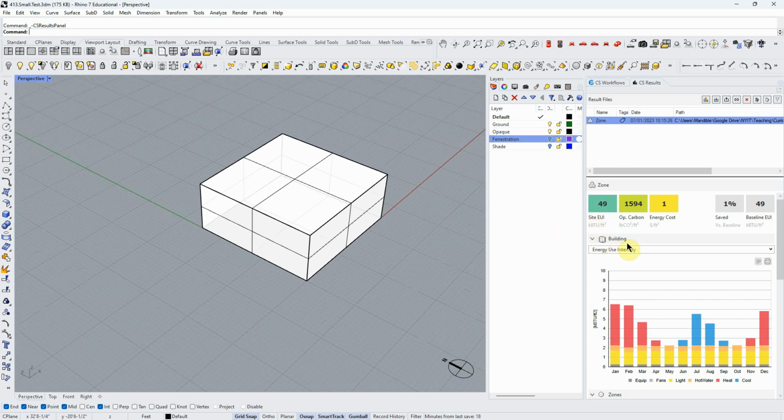I've got a single zone I ran. I'm at 49 site EUI, energy use intensity. Let's look at that for a second. And we're in IP. By the way, this is the other number I think is wrong. Just ignore, not that you're thinking about it, but just realize that I think that this operational carbon in